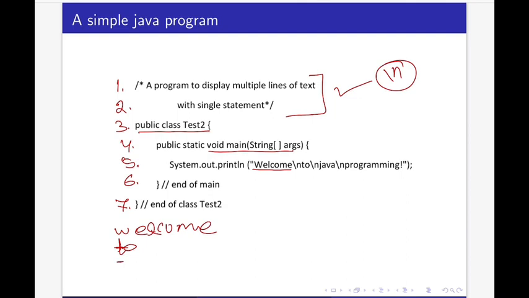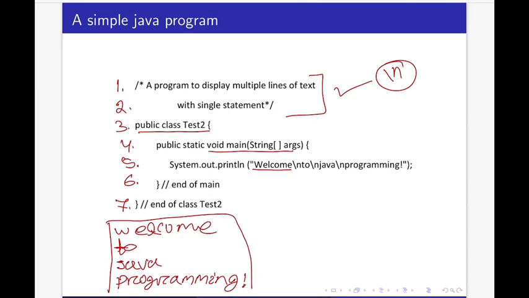Then Java is there, so it is going to print Java. Again \n is there, so the cursor comes to the next line. Then programming is there, so it is going to print programming here. Okay, now the double quote is there, so it is the end. So the output is like this: welcome to Java programming in 4 lines.